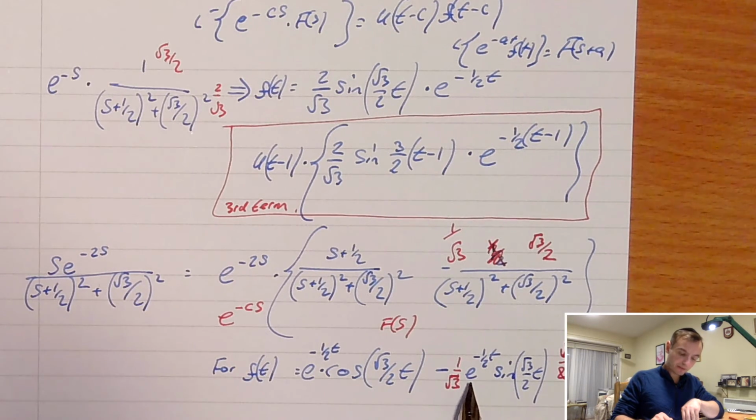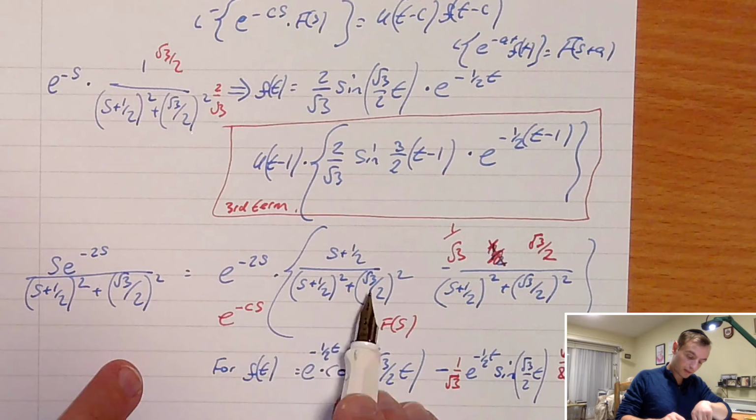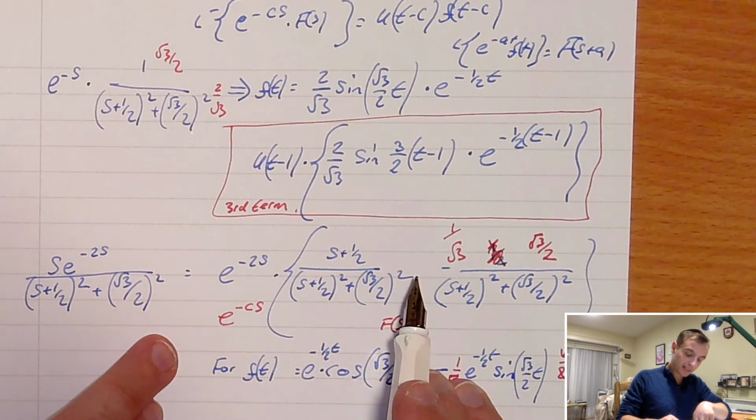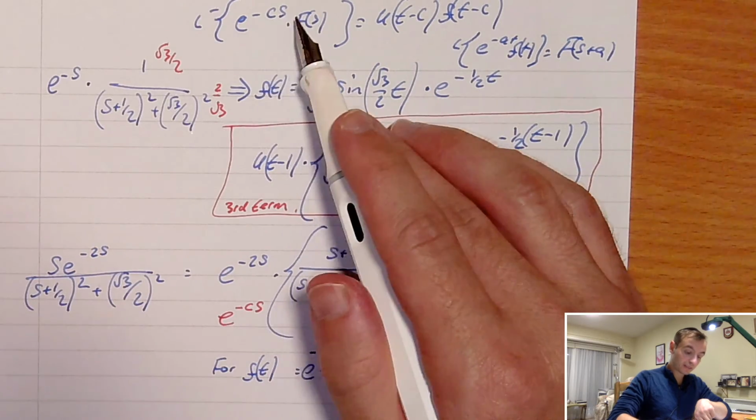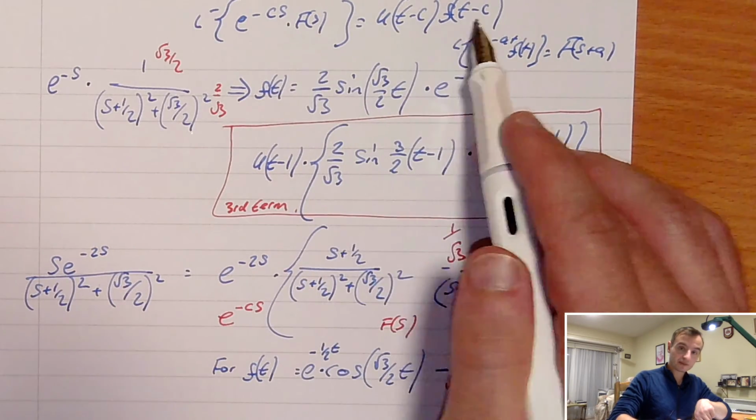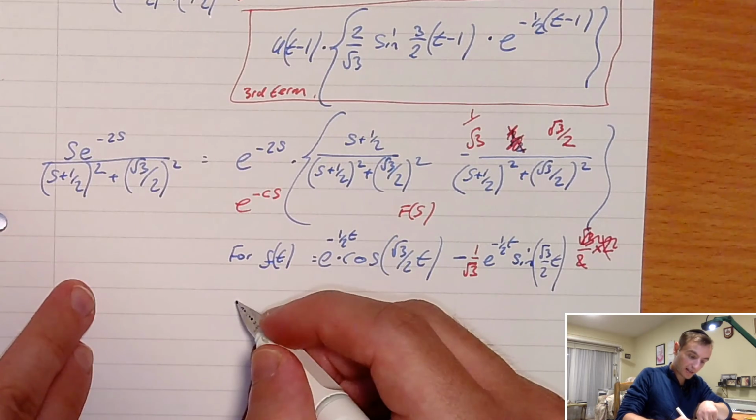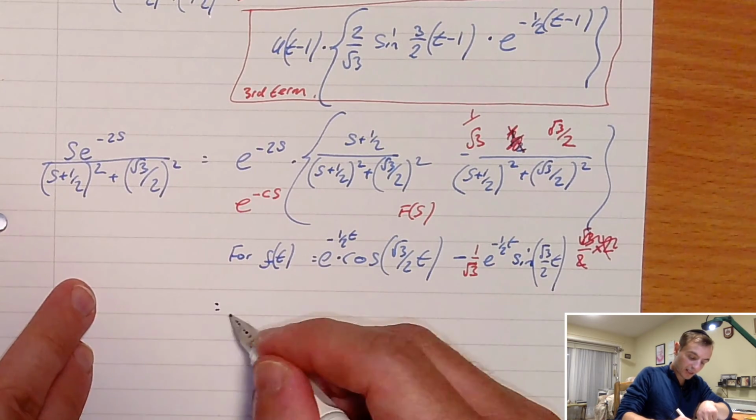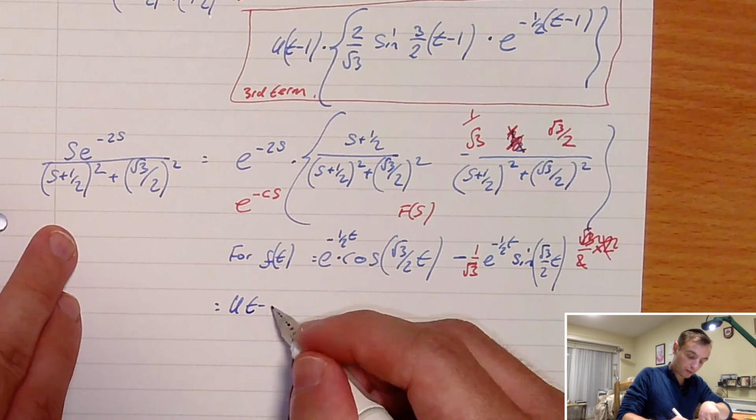We now need to find, because remember this is f of t. Yeah, we've got e to the minus cs f of s. We've found what f of t is, so therefore we can say from the second shift theorem, e to the minus cs f of s is u(t minus c) f(t minus c). So we can say, therefore, that the entire thing is going to be u(t minus 2)